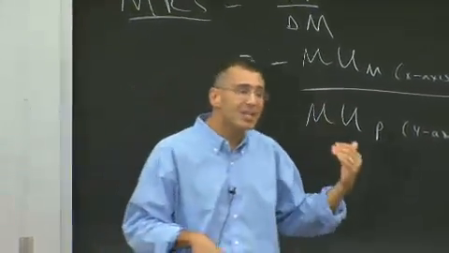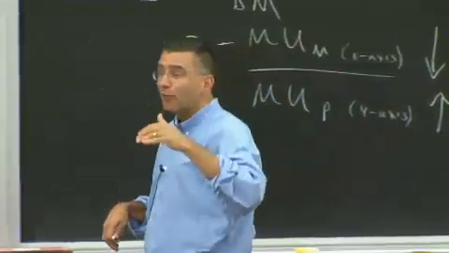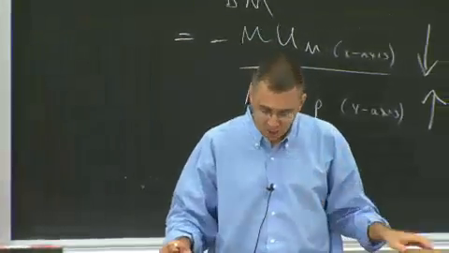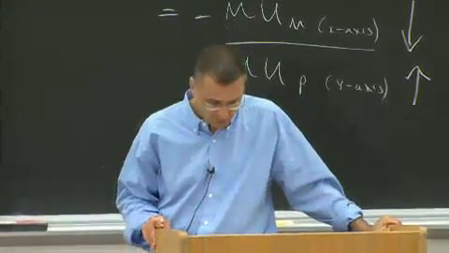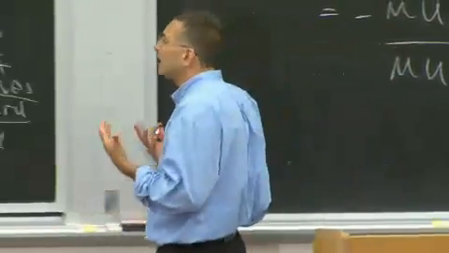Okay? That's why it diminishes, because you move down that curve. The numerator is falling, the denominator is increasing. And that's why I have everywhere diminishing marginal rates of substitution. Okay? So another way to think about this